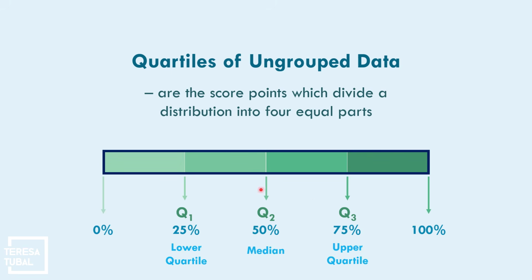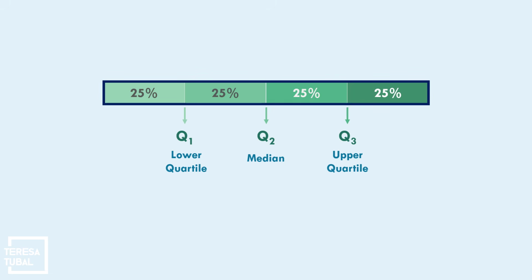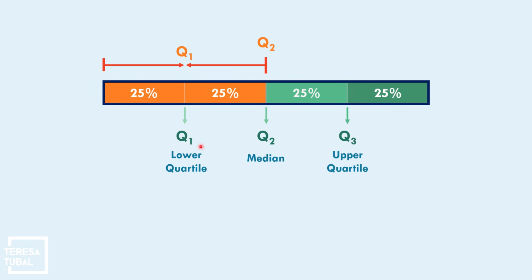So the quartile 2, that is the median. And then the quartile 1, that is the lower quartile. And the quartile 3, that is the upper quartile. As you can see in the table, the middle, that could be the quartile 2 or the median. To the left side, that is the lower half, and the right side, that is the upper half. To get the quartile 1, from the start up to the median, we take the middle, that is the quartile 1. From quartile 2 up to the last, we get the middle, that is the quartile 3.